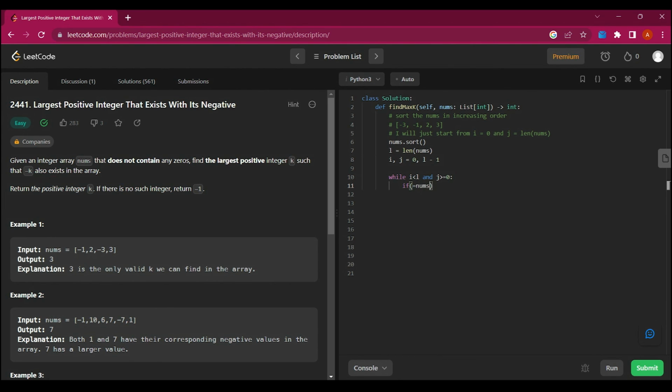If minus nums I is equal to nums J, then return nums J. Why nums J? Because if this minus nums I is equal to this jth value, then return the maximum value, since they are asking us for the kth value. So the kth value will be nums J. Good to go. Now else if